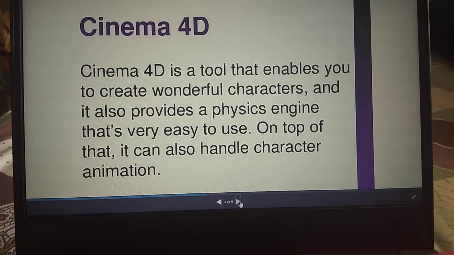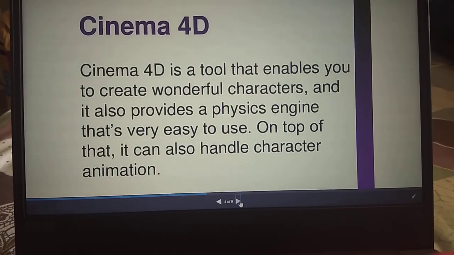Then next is Cinema 4D. It is a slightly lighter package than the others in its basic configuration. The software is claimed to be artist friendly and is designed with less technical users in mind.